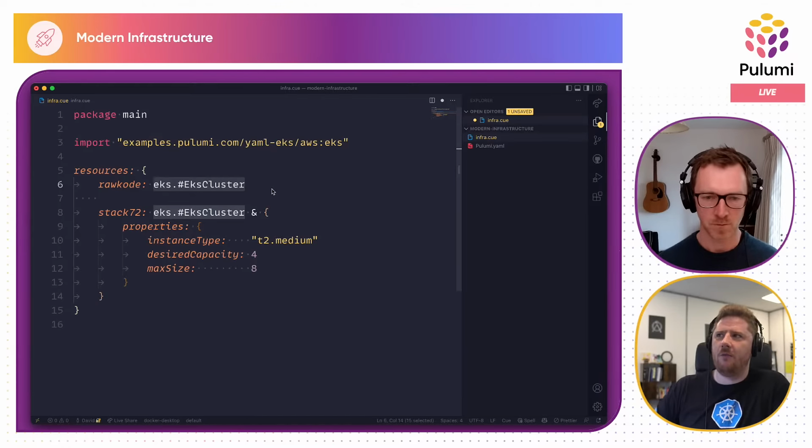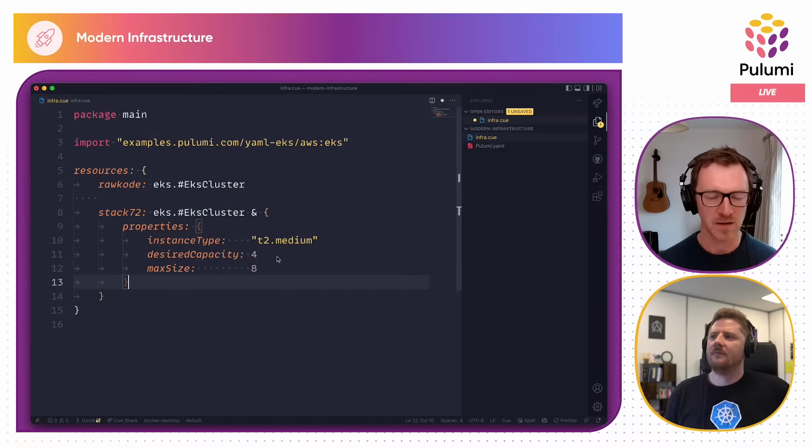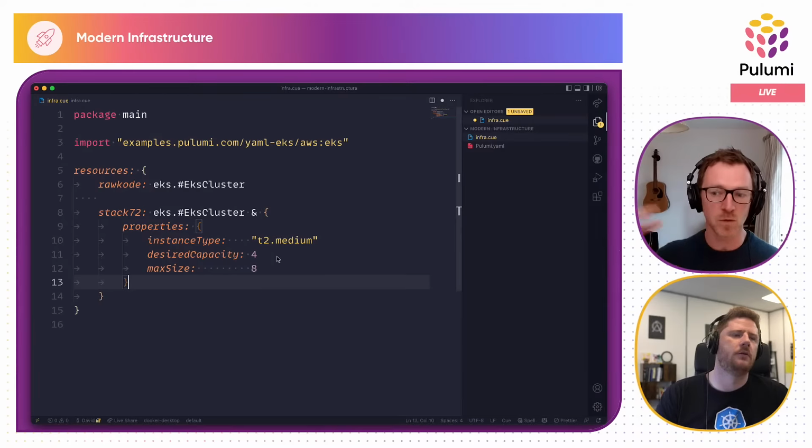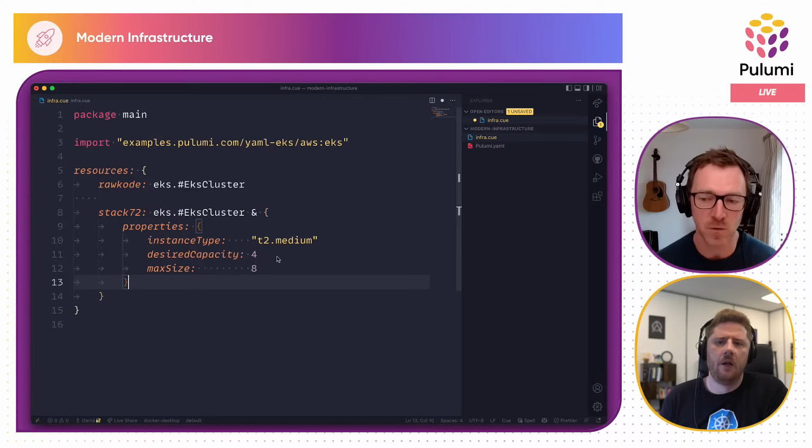Do you want to dive into what we're looking at here, or do you want me to throw my 2 cents at it? No, please, if you want to start, because here I actually had a question, and this will appear like quite a naive question for those who are more familiar with Pulumi. So this resources block, the resources struct, if I can call it that, we're looking at here, it is presumably just anything can go in there, except to say that it's like a map from some string key name to, on the right hand side, then a value that describes the instance that we want, the resource we want created in this situation.